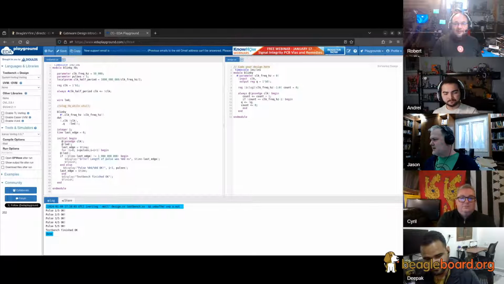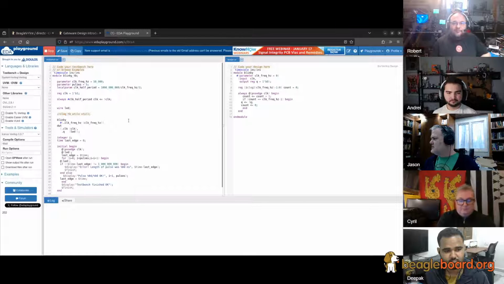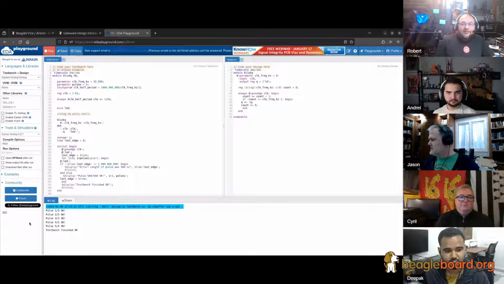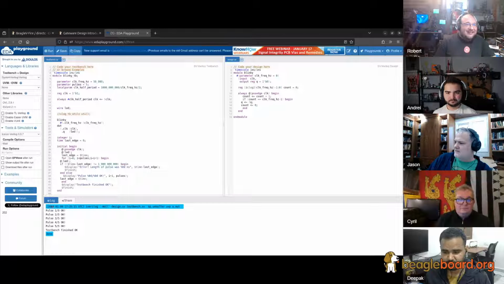This one is just searching for the edges and printing pulse. But this will compile your Verilog code and test that. Oh, okay. So it'll compile your Verilog code, and then